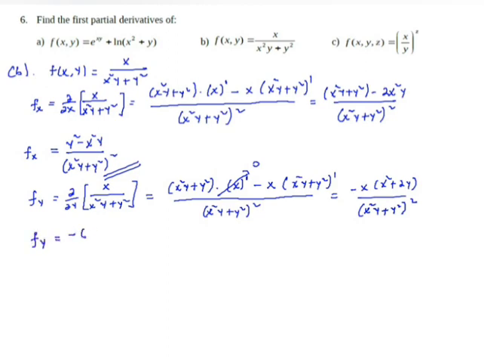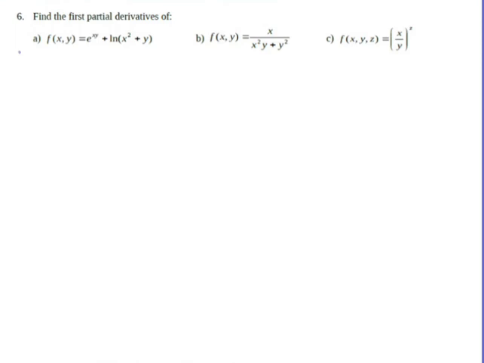Therefore it becomes minus x times (x square plus 2y) over (x square y plus y square) the whole square. This is fy and this is fx. Okay, for part c, we have